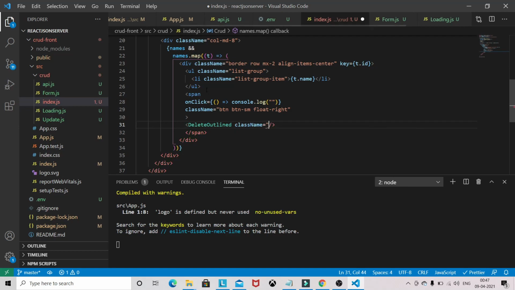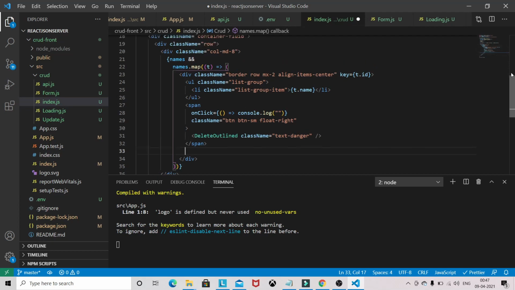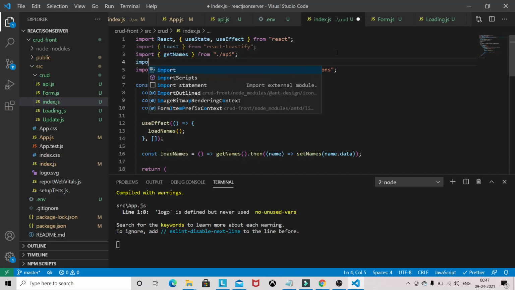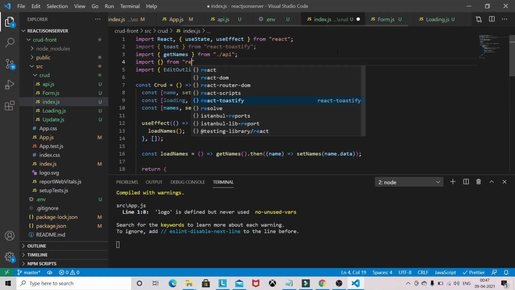Class name we can give text-danger, and the second will be the update one. For update we have to use a Link because it will navigate to a different page. So we need Link from React Router DOM.